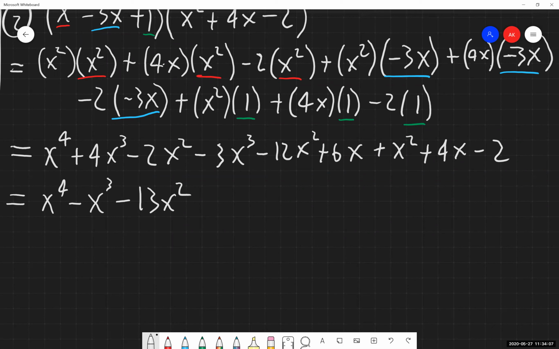And then I'm looking at my x's. I've got a 6x and I have a 4x showing up. So combining those together, that's going to give me a 10x. Again, the variable stays the same. It's only the coefficient that changes. And then that minus 2 on the very end, well, I can't combine that with anything else. I can't change it at all. So it's just going to come down as it is. I can't combine anything else, so I have fully simplified this problem.